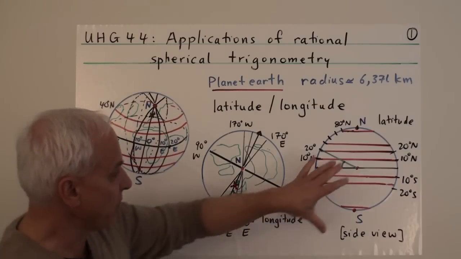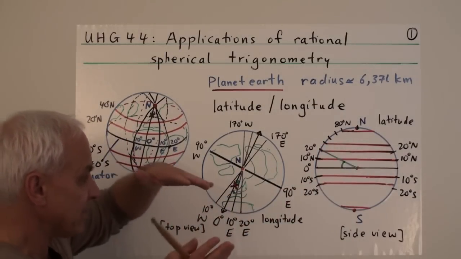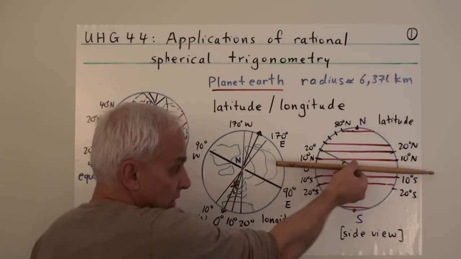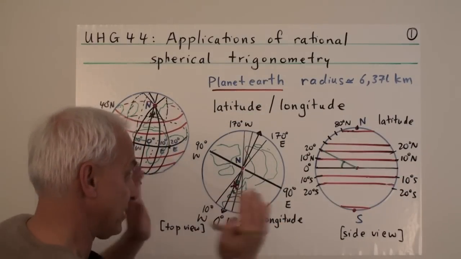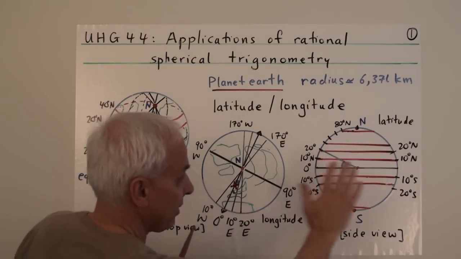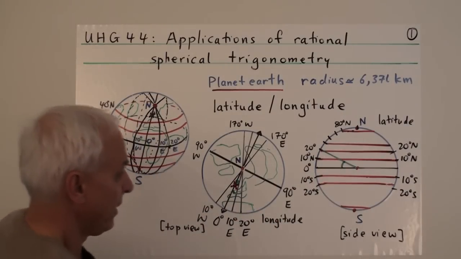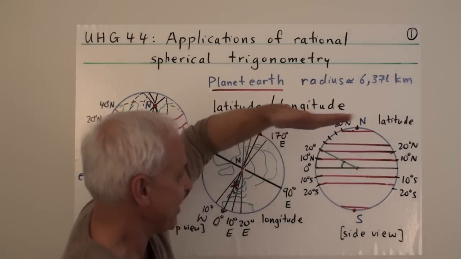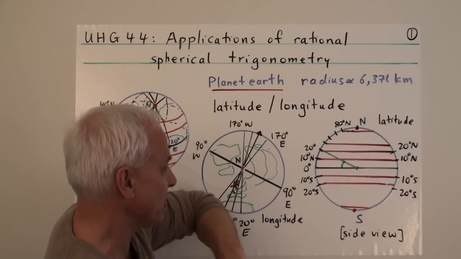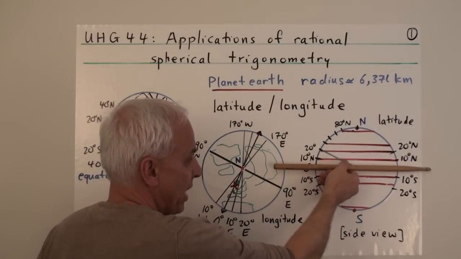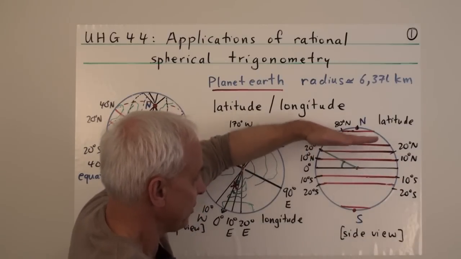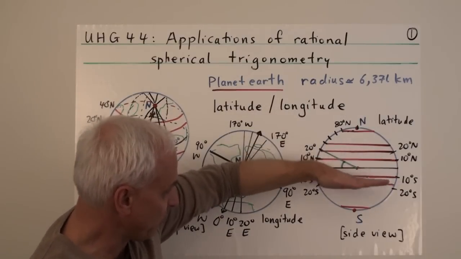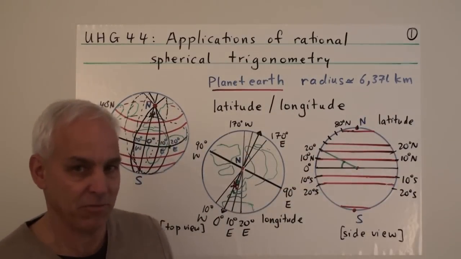And the story for latitude we could visualize by looking at it from a side-on point of view, where the North Pole is right at the top, the South Pole is right at the bottom, and the equator will be right across the middle. So we're looking at a side-on slice through the Earth. Then these meridian circles are obtained by slicing the sphere with planes parallel to the horizontal. This would be 0 degrees, that's the equator, and then 10 degrees, 20 degrees, 30 degrees, all the way up to 90 degrees at the North Pole, and in the southerly direction 10 degrees, 20 degrees, 30 degrees, all the way down to 90 degrees at the South Pole.